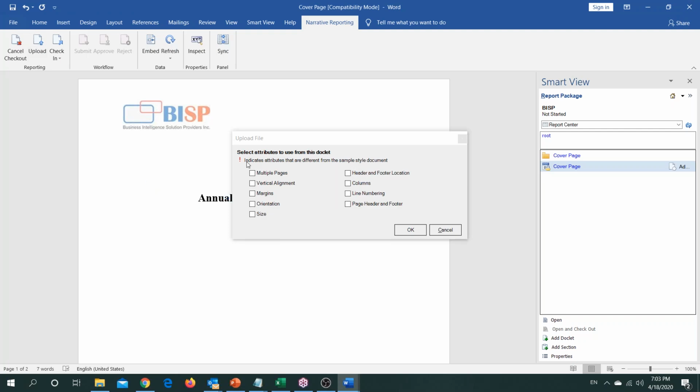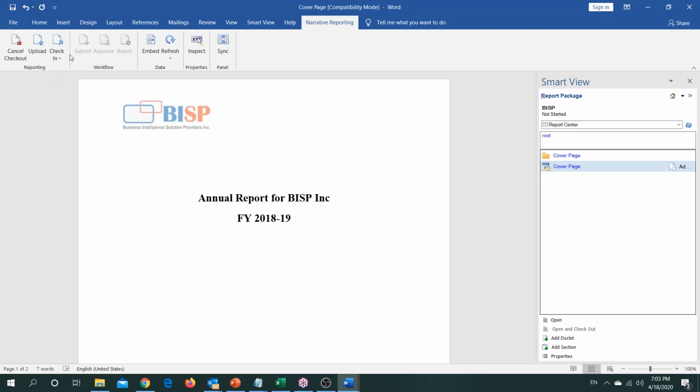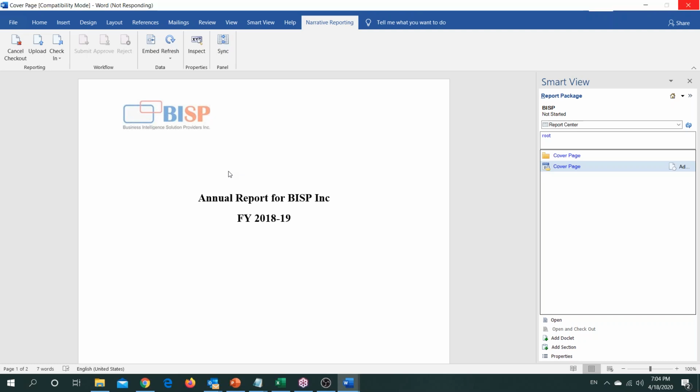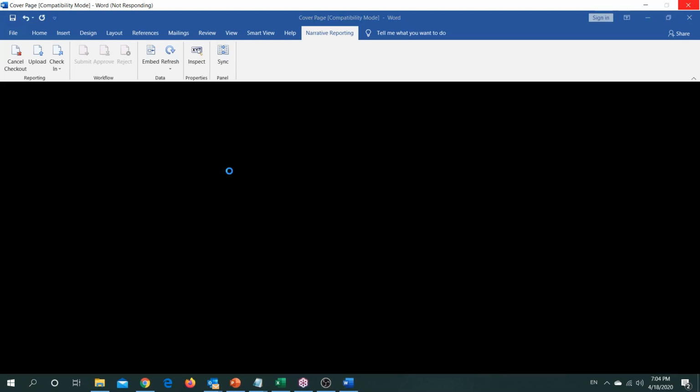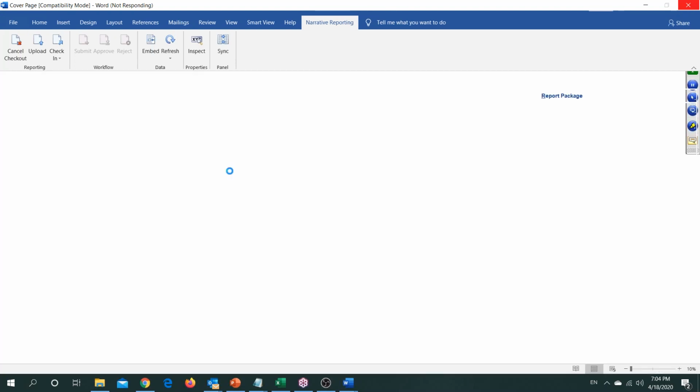So this gives you an indication that if you had used certain different style format, it will appear as an exclamation mark for those particular ones. So for example, you have a different header and footer. The provided style sample will provide you with the info. If you want to keep it, just click it, else it will take the default. You just click OK, and once done, it will just refresh the database accordingly.